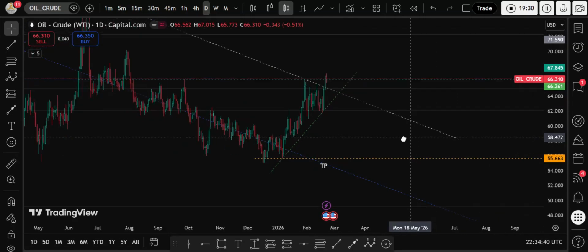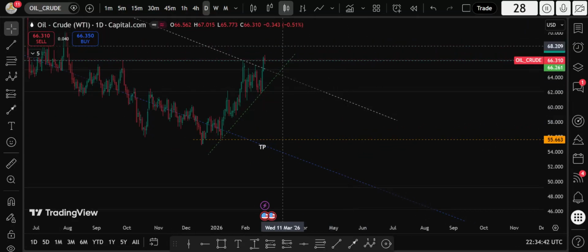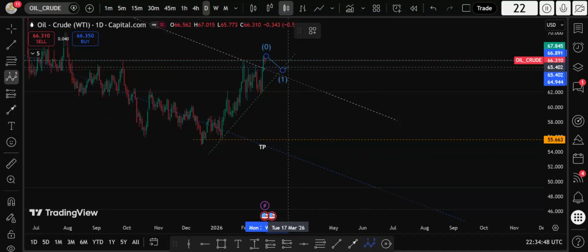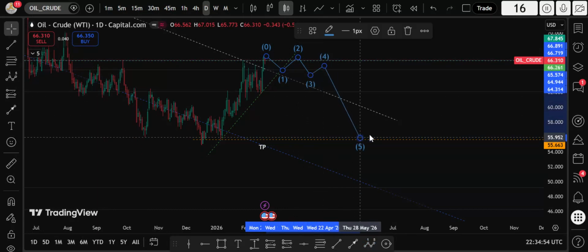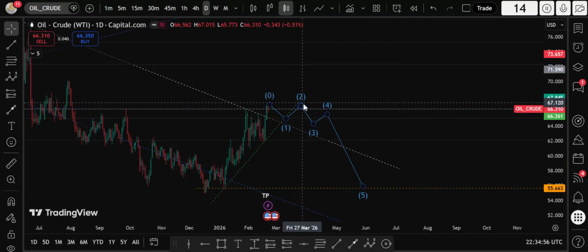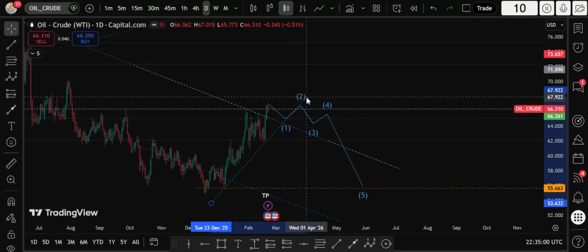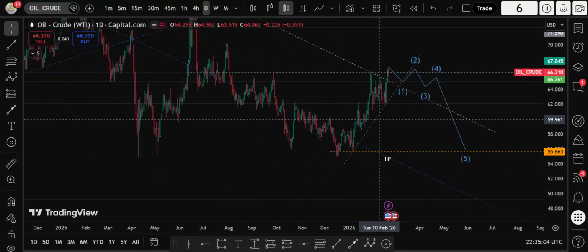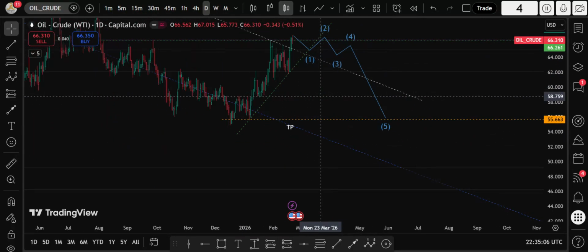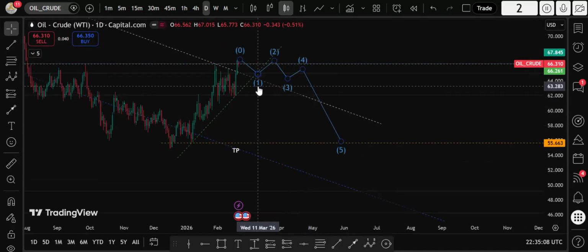So this is what I'm seeing, to the downside. Something like this. Yes, this is what I'm expecting crude oil to do. Give us a retrace, then we go down. So right now, if it does